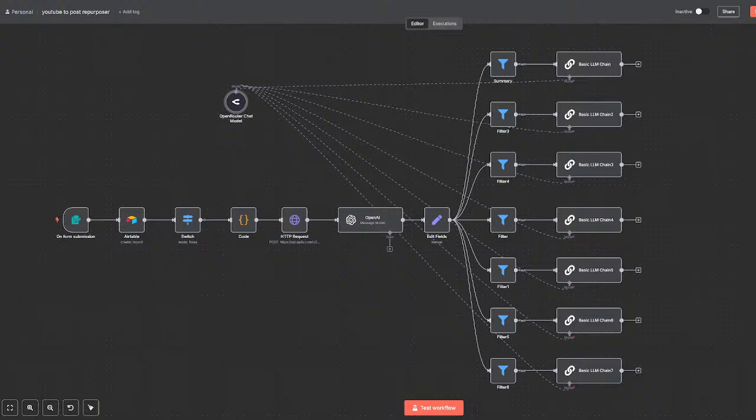Anyways, once you're in this tool, what you need to do is give it a name. So this is just an example. You give it